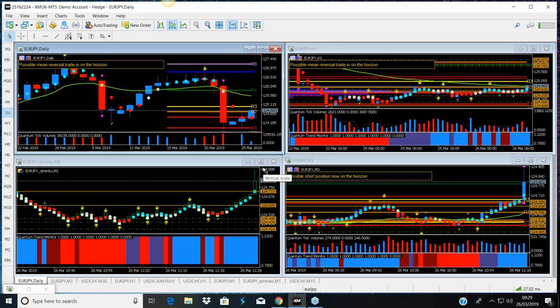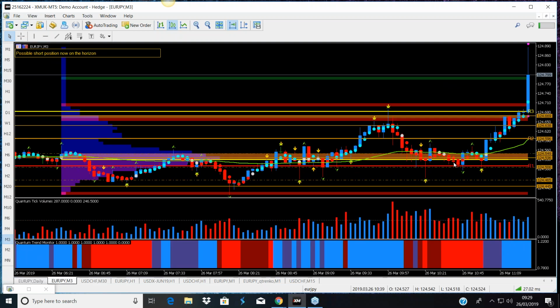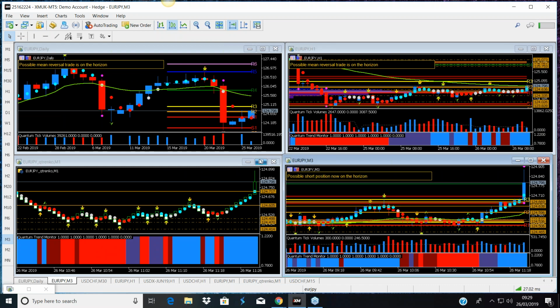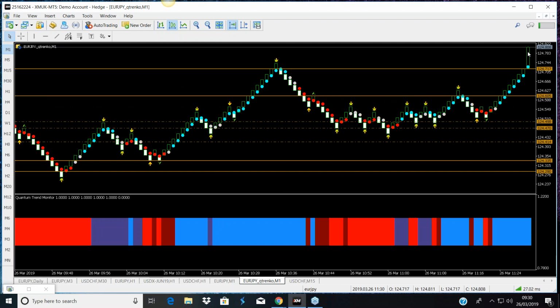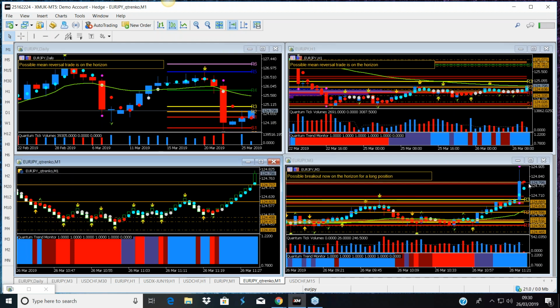I was quite interested in the euro, because we were looking at the euro yen to see that it was moving higher. We've now had this volatility candle triggered on the 3. In fact, it's so extreme it's actually produced a wick to the top of the Renko, which doesn't often happen. That's moving up with speed, with momentum. We know what happens after a volatility candle is triggered. So, you can take a decision.